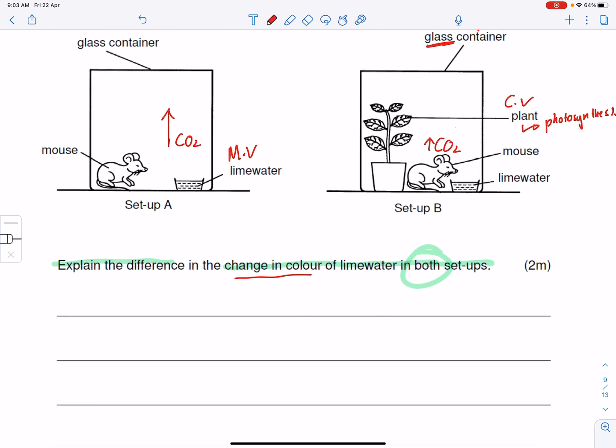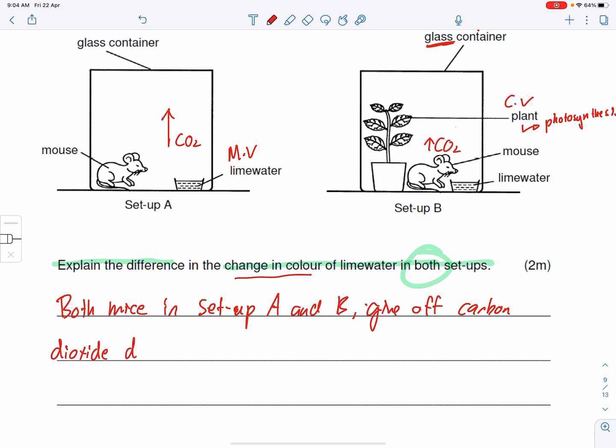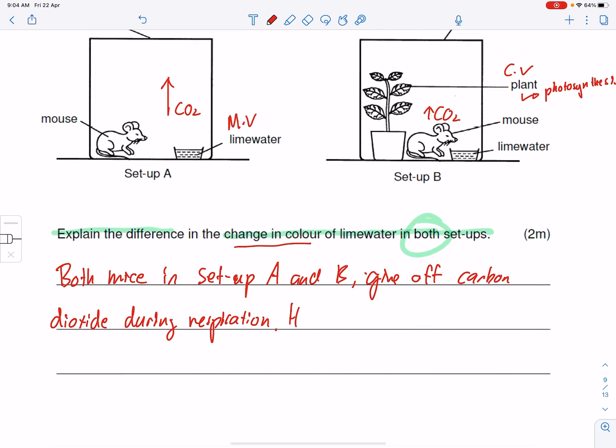So you need to be able to articulate these key points very clearly in your answer. So I'm going to demonstrate for you right now. The first point, like I say: both mice in setup A and B give off carbon dioxide during respiration. So this would turn both lime waters chalky in both experiments. However, there is